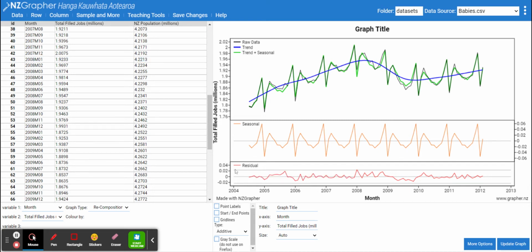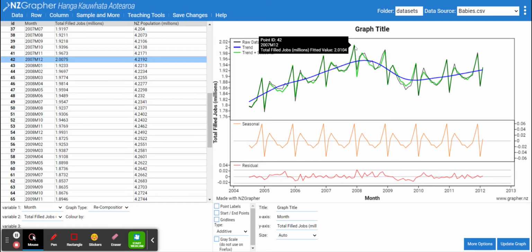Now, notice on the residual graph we've got our zero line here, but we've also got a grey line there and a grey line there. Now, if you look closely, that grey line doesn't line up exactly with the 0.02, and there's a good reason for that. And in terms of where that line comes from, if we calculate the range of the raw data,